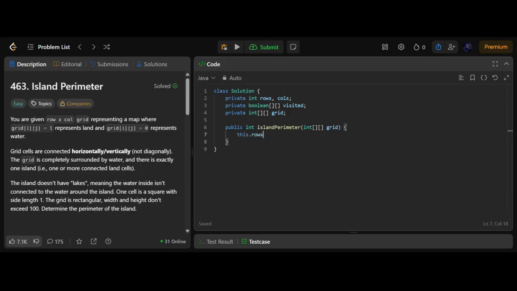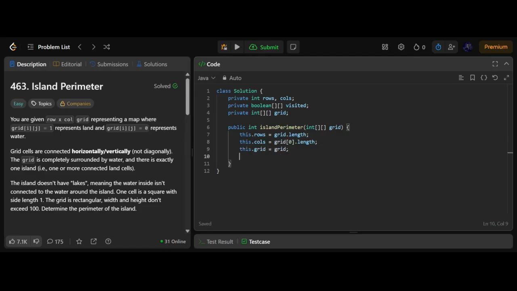So we're going to set rows equal to grid.length. Columns is going to be equal to the length of the first row of the grid, and the grid is we're just going to lift our grid up,